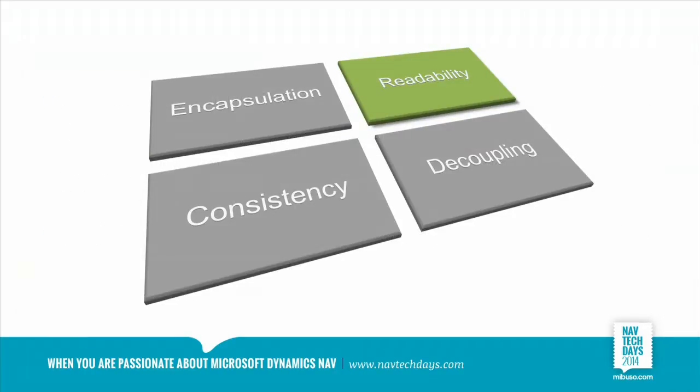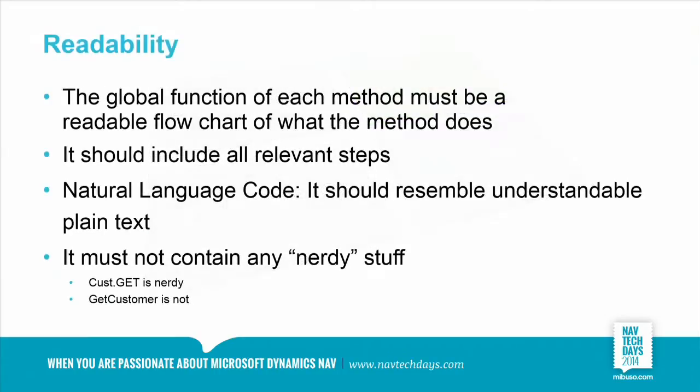So from encapsulation, let's move to readability, which is not as technical, but just as important. We've seen that method header in the save allocation code unit, which consisted of a lot of lines of very readable code. That is how you should always look at your code units and methods. The method header of each method should be a readable flowchart of what your method does. A developer, when he has to do a task, thinks about that flowchart in his head anyway.